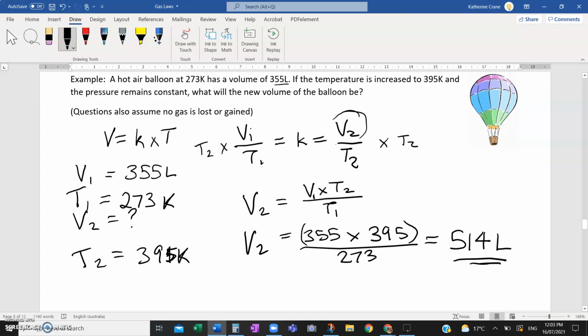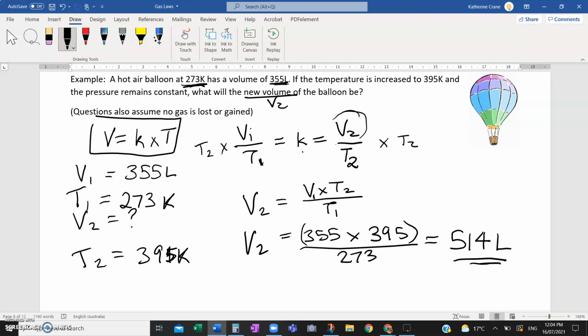So this is where we use our law, and this is where we do V1 over T1 equals K equals V2 over T2. So we remember this relationship because we have V1, 355 litres, T1, 273 Kelvin, V2, don't know, that's what we're trying to find,